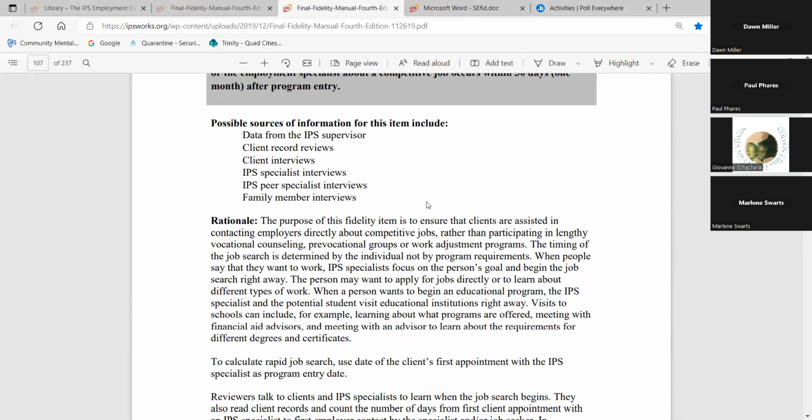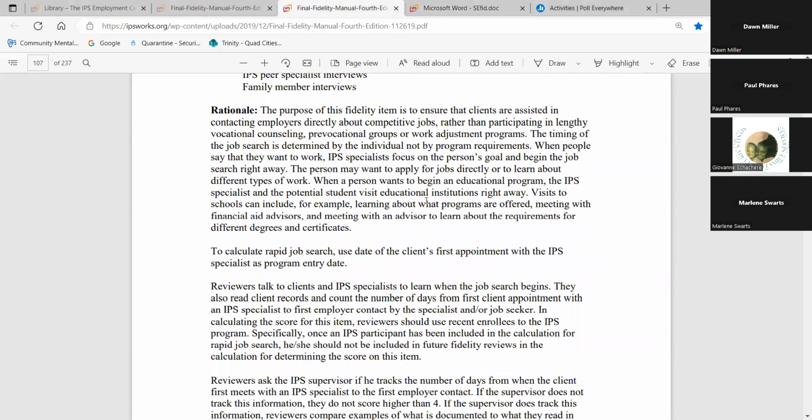This one's interesting for a lot of reasons. One is when you get into an agency, sometimes agencies have all kinds of different ways that they describe the client's first appointment with the IPS team. But the manual makes it pretty simple. To start this calculation, you use the date of the client's first appointment with the IPS specialist. Some people use the date of the assessment. It says up